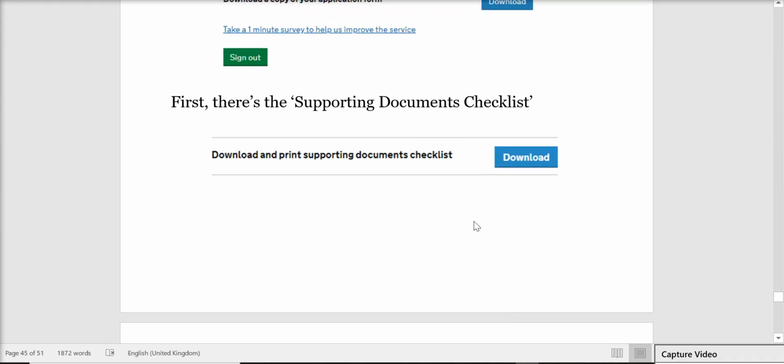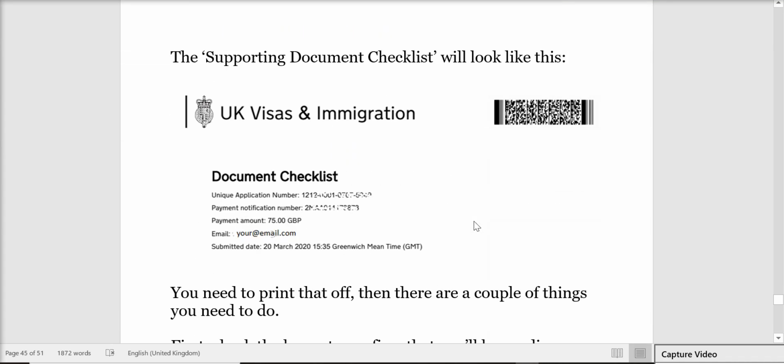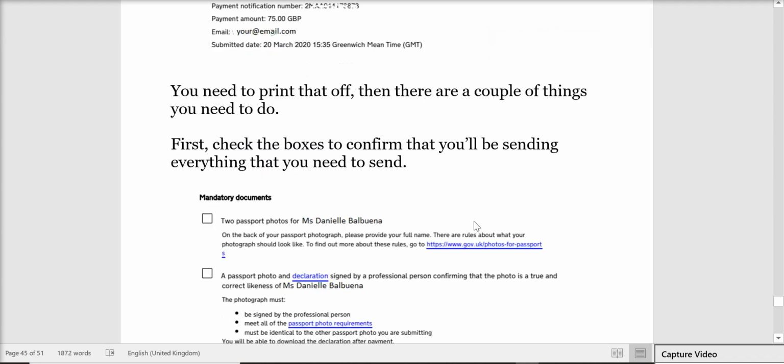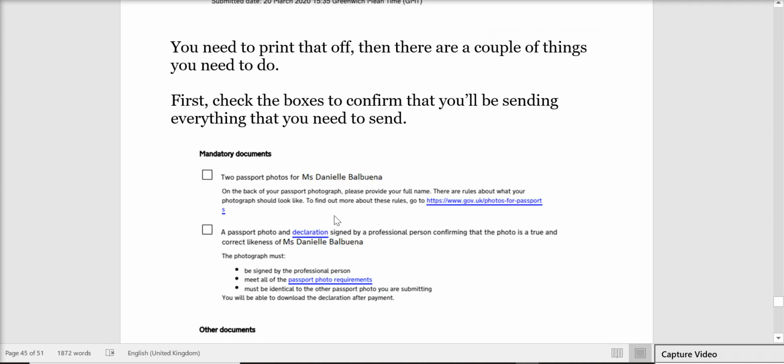So this is the first thing to do, and it will look like this, and it will have a list of all the things that you need to send in. So 2 passport photos, a passport photo signed by a professional person, and a declaration. So you tick those, and then once you open this and click on the word declaration,